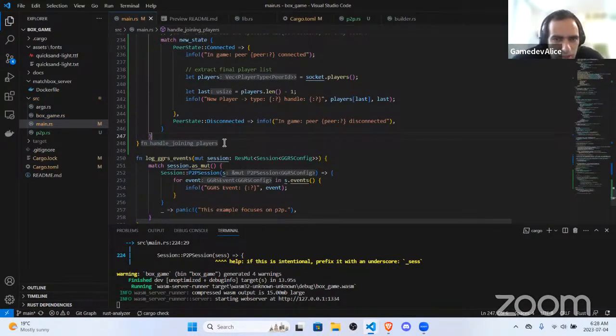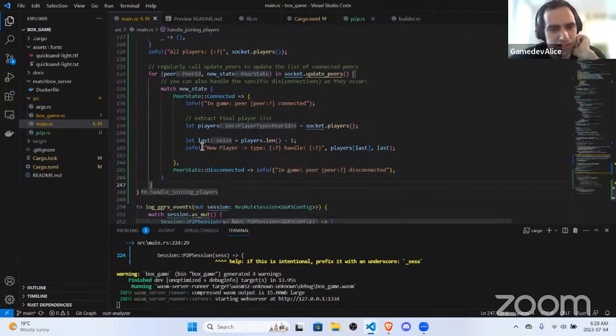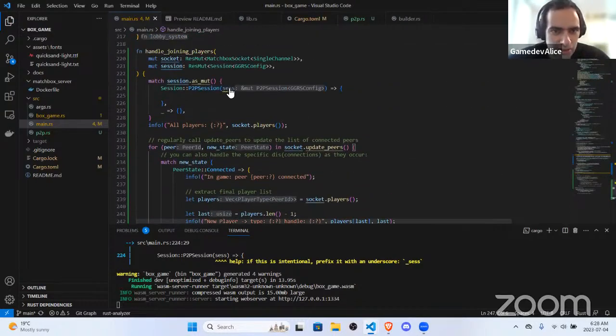Right, because we have the joining player, it's connected, but it's not part of the session. Like inside of this session here,